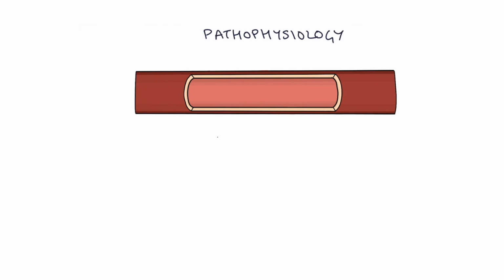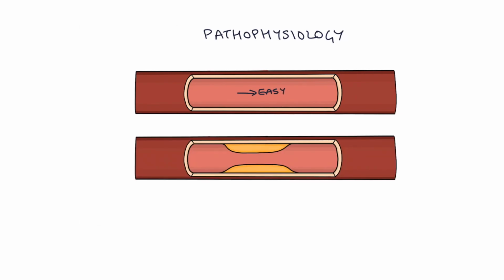If you imagine it like a pipe, the blood can flow very easily through this blood vessel. When you have a blood vessel that's developed atherosclerosis, what happens is chronic inflammation and activation of the immune system in the artery wall causes lipids or fats to attach themselves to the artery wall and build up, and over time these become fibrotic and hardened. So you end up with what's called stenosis, or narrowing of the blood vessel, which makes it much more difficult